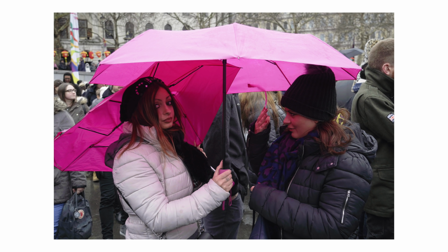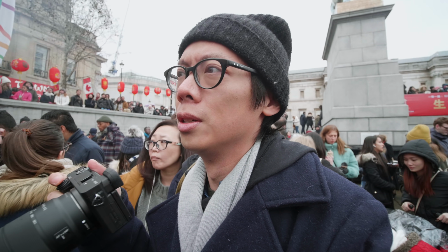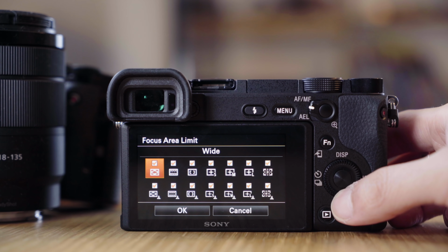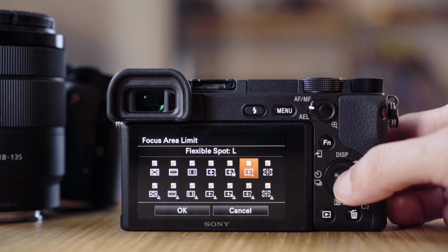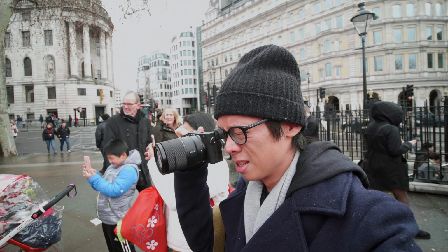It's got the same Sony eye autofocusing system, but the only difference is that now it's always on. And it's brilliant. Other neat touches, you can customize what focusing zones show up, so you don't have to scroll through a load of focusing options you don't ever use anyway. And also the touchscreen is good for moving the focus point,